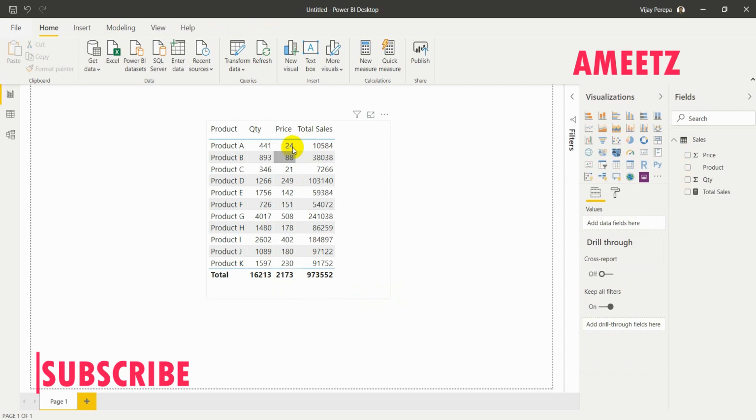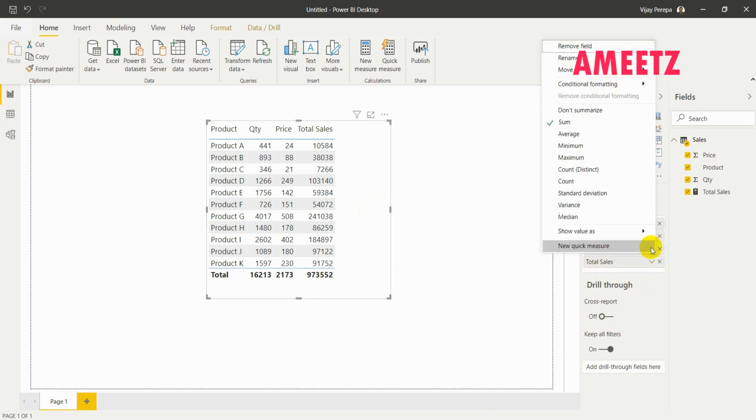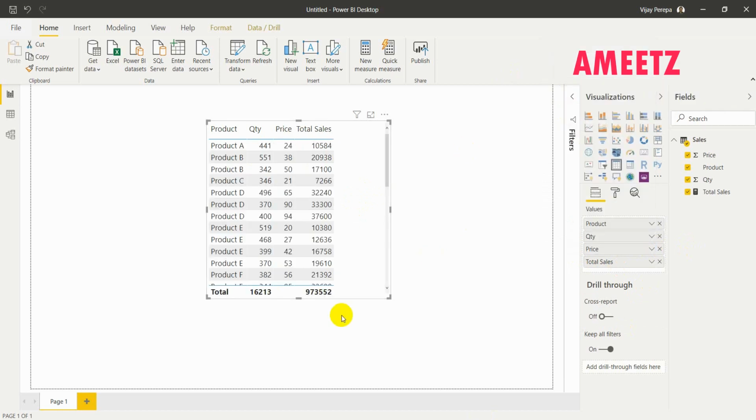Most of the time the beginners will actually get stuck here, and I have seen such simple questions. Definitely it is a very important question, it is not a simple question, and it is hampering their proceeding to the next level. For that you need to select the table and then select the price, and if you select the drop down you will see many options to use, not only sum, but average, minimum, count, etc. Since this should not be aggregated or iterated, you need to select Don't Summarize. Now you can see each product's price is individual, and also you can see the price total is now missing because it should not be summarized.